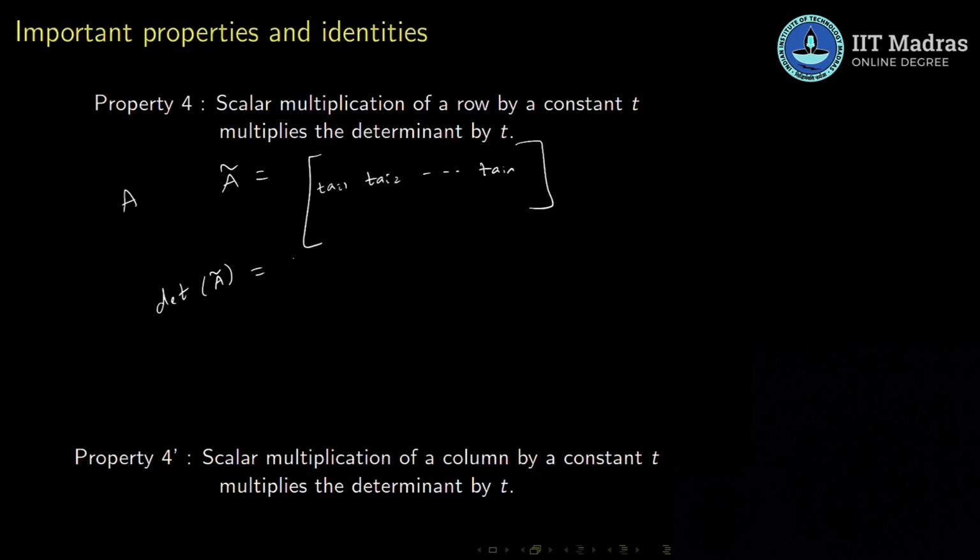So determinant of A tilde, expansion along the ith row gives us summation of minus 1 to the power i plus j, j runs from 1 through n. Maybe let me do this proof so that you get an idea of how to prove such things. So t times aij mij. Okay, but now you can take t out, and so you get minus 1 to the power i plus j aij